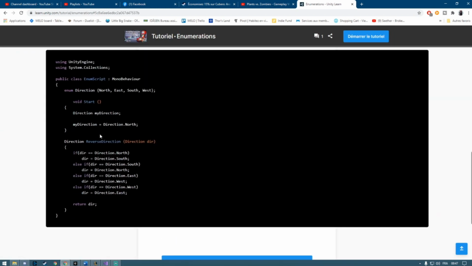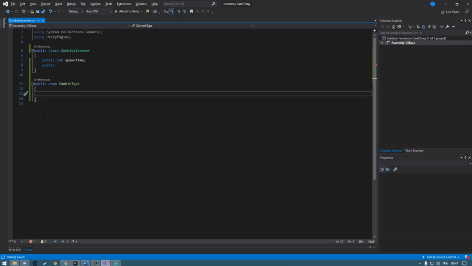So here you have a basic example of how to use an enum. It's pretty straightforward. The first object here is 0, this one is 1, 2, and 3. So it's not too hard. So the first one we can create like